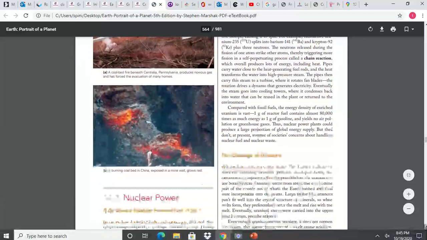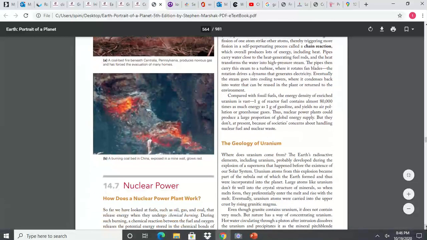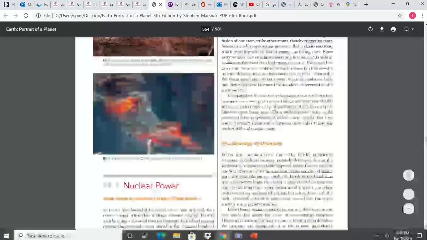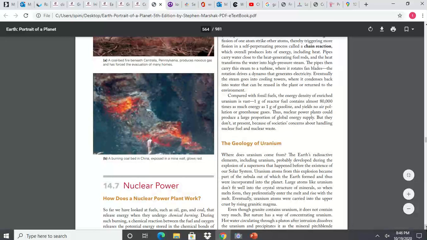Then your book looks at nuclear power. So nuclear power, then, of course, we know that atoms, big atoms, can be broken apart. Atoms like uranium is a big atom that you can take, and as you break it apart, you're releasing energy. And you can make a nuclear bomb out of that if you do it all at once, or if you do it slowly, you can heat up water, and that heated up water will create steam, and that steam will run a generator that generates electricity.